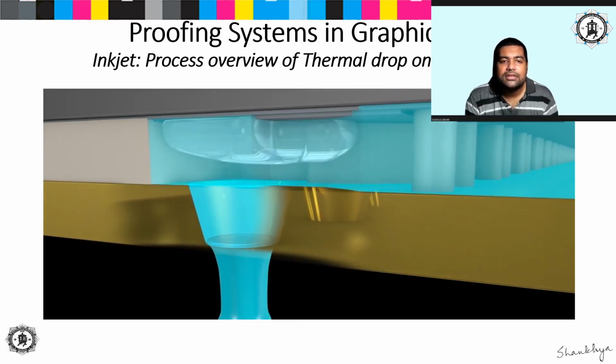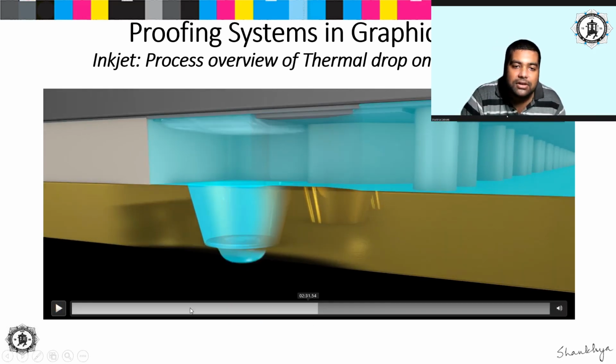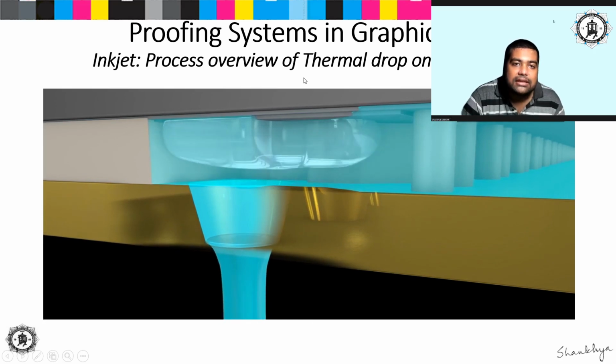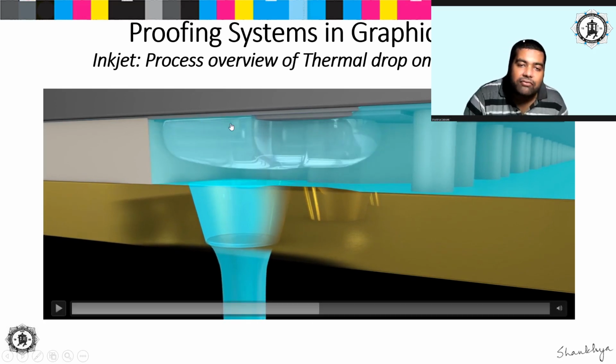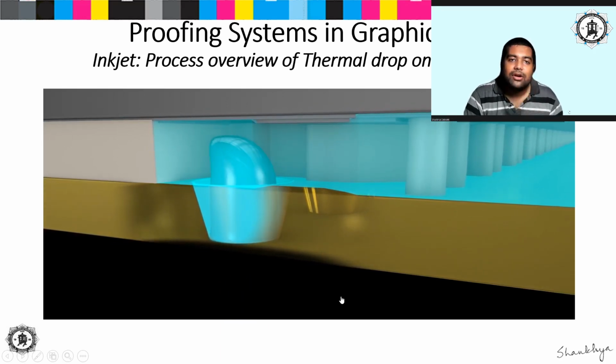So let us see what happens. The resistor heats the ink, and a bubble of ink vapor, yes, this is a very important process actually. So let us take a look over here. See, the heating element, which is just present above the nozzle, is heating the ink which is in contact with itself, so that area of the ink is getting vaporized and a vapor chamber is being created, and because of this pressure the remaining amount of ink is being pushed out through this nozzle. This heats the ink, and a bubble of ink vapor pushes ink out of the nozzle. This is a fundamental process of inkjet technology basically. Okay.